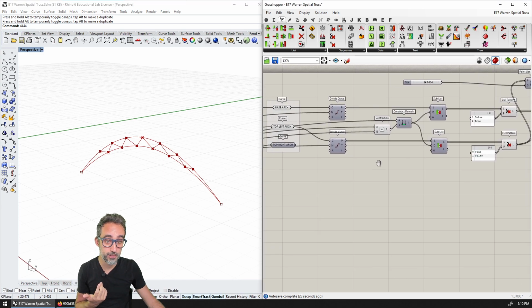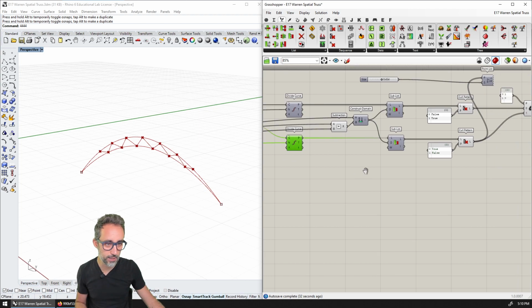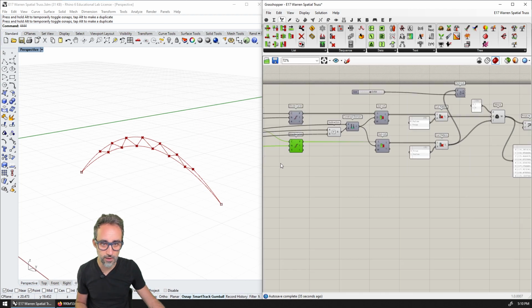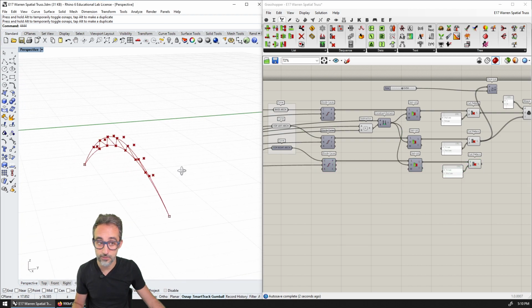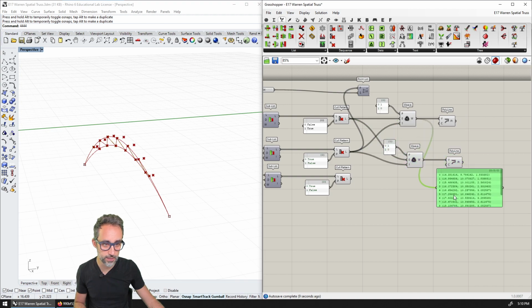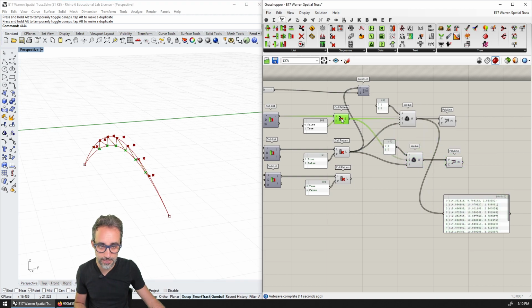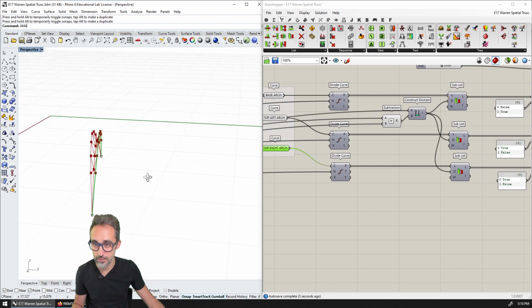So I'm just going to copy and paste everything for the right arch. So for the right arch, I would like to copy and paste all of this. So that I have here for the top arch, now I have my points there. And then here I'm going to create another polyline that is going to weave the points on the base, which are these ones, with the new points that I just created. So this one. And then I'm going to turn on that curve as well.